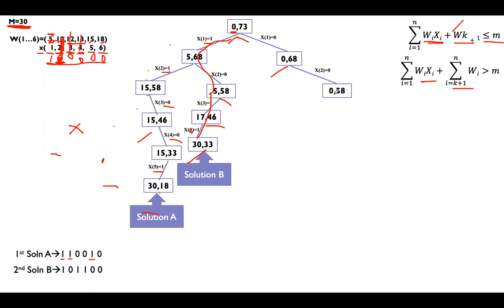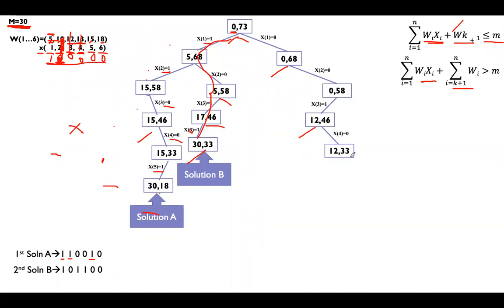We'll skip the second element also. x2 is equal to 0. Second element is also not selected. Remaining weight will be 58. Next, select the third element. I will pick the third element. If you pick the third element, it will be 12, 46. So one element selected. Next, fourth element. If you select the fourth element and go this side, again, it will not lead us to the solution. So the fourth element is not required in our solution. So fourth, I will keep it as 0.